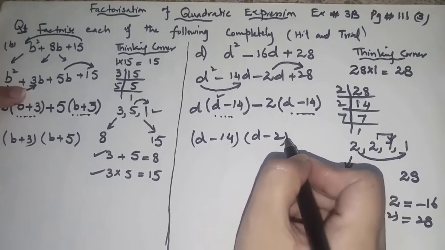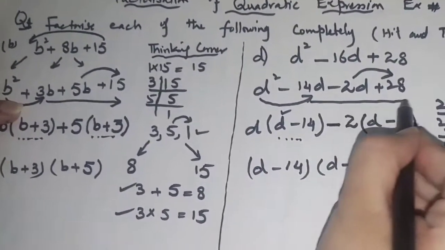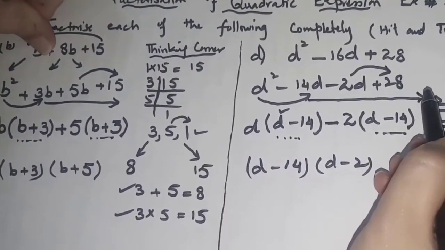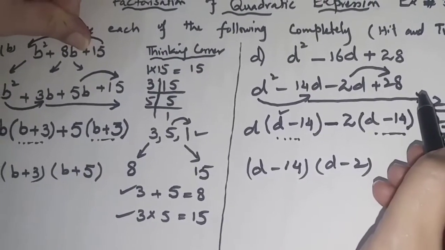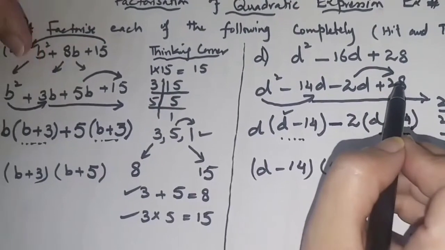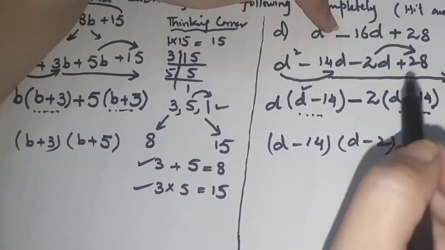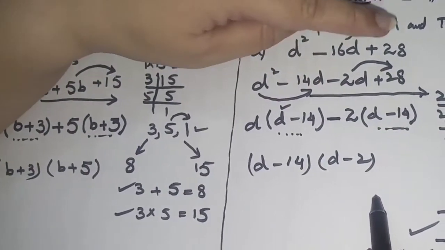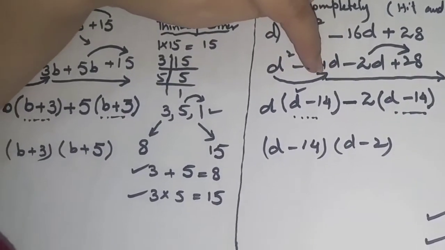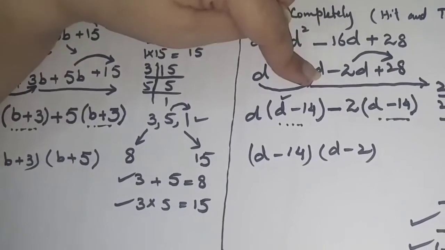But before going to the next thing, you have to watch these two steps carefully. You can see that in this question, the middle term and the product term both are positive. So the breakup of the middle term will have both positive sign. But if you look at the second question, my middle term is negative and the product is positive. For that, both the signs in the breakup of middle term will have minus sign with that. This is the most important step to understand.